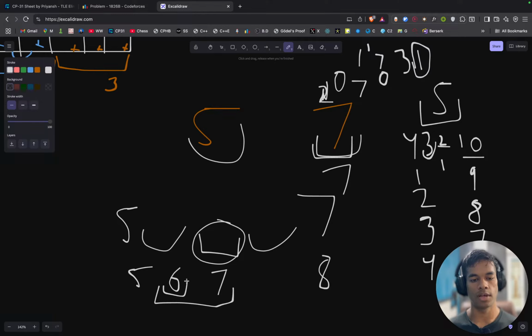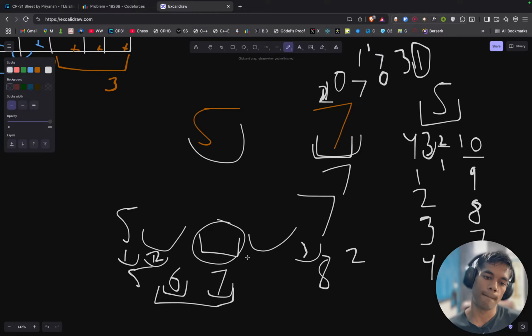If I were to take the remainder with 6, it would return 1 in case of 5, and it would return 2 in case of 8, and with 7 it would return 1 here, and it would return 2 here and 1 here, which is bad, which is not equal. So I have to go below 5,